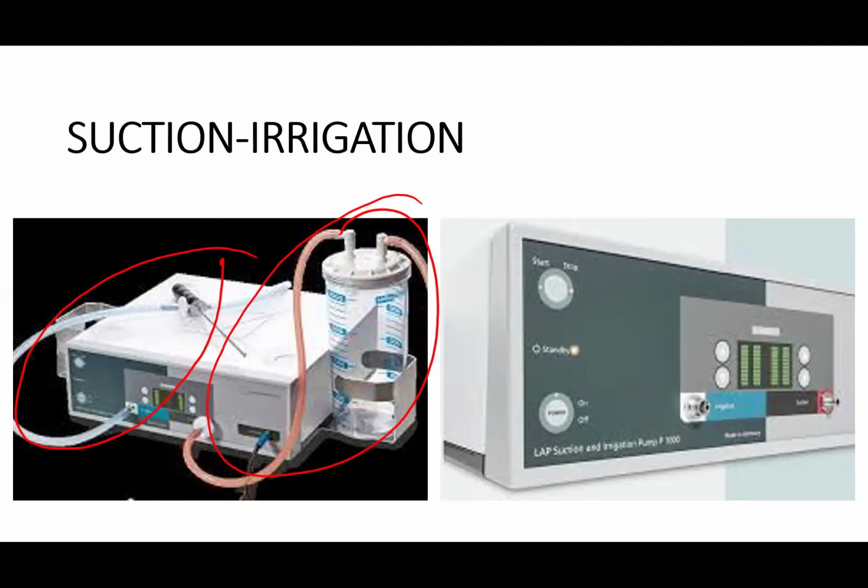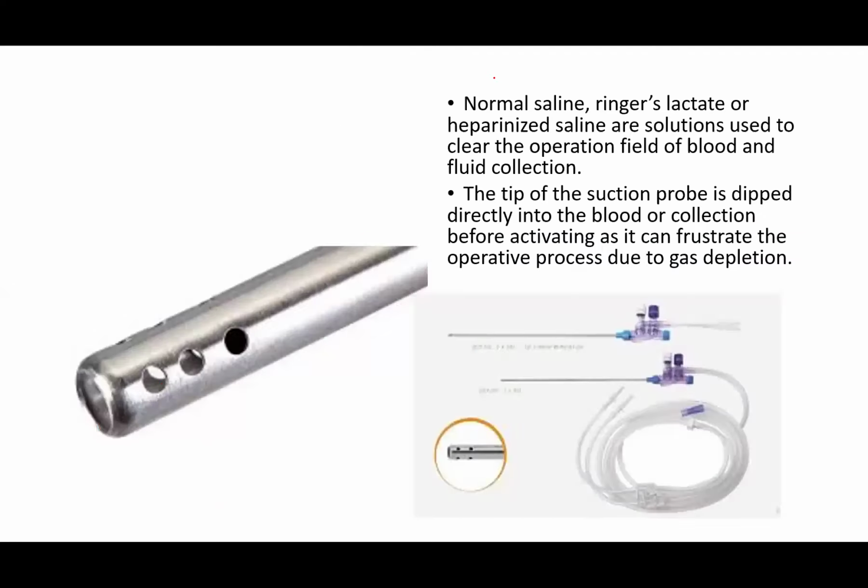So you just preset the pressure for both suctioning and the pressure for irrigation. Okay. Now, if you look at the tip of the suction tip, this is the suction tip. You can see some nozzles and the tip has a bigger opening. Now, normal saline, Ringer's lactate or heparinized saline are solutions used to clear the operation field of blood and fluid